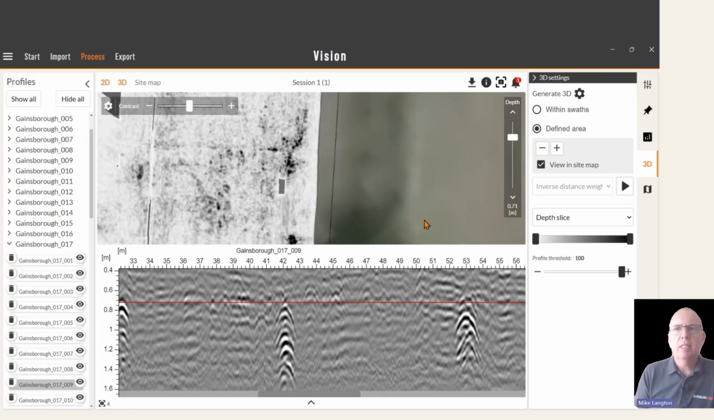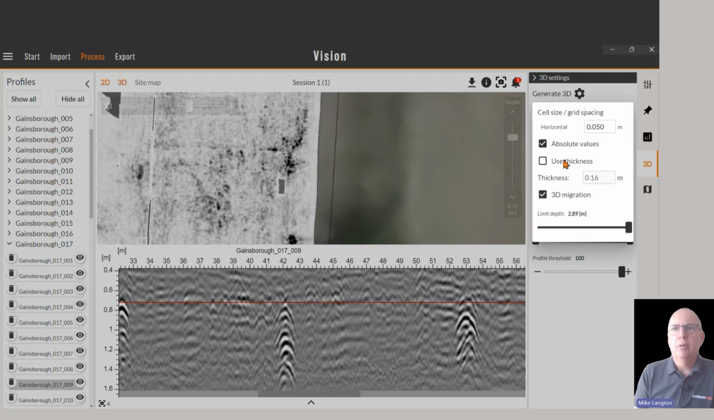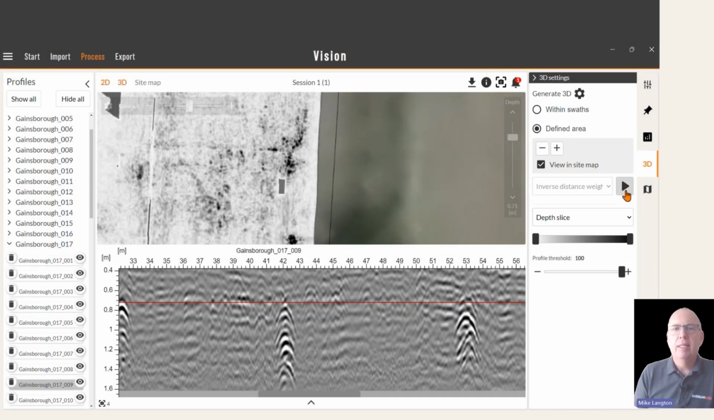Once the data is processed and interpolated, we can now move on to interpreting the data. Before this, go to the 3D tab and go to the settings and make sure that the use thickness option is deselected and that you've rerun the interpolation before you go ahead and do the interpretation. This is because we just want a very thin time slice, a single time slice in the 3D view